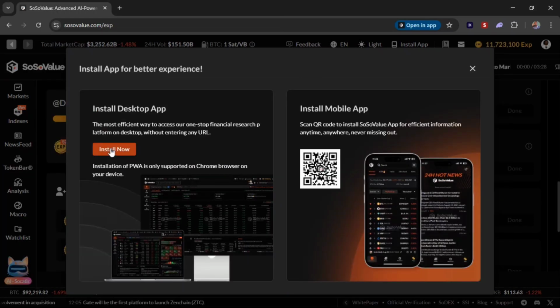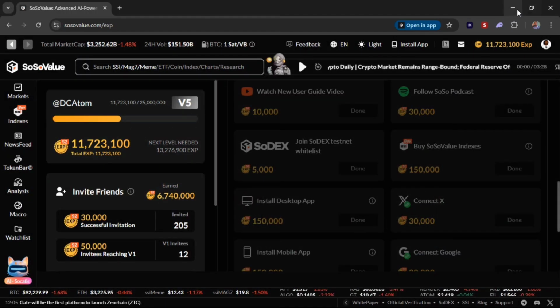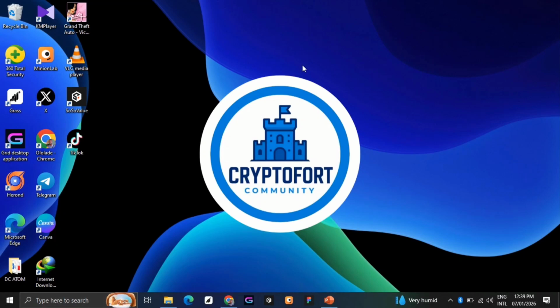So all you need to do is tap on the install, and like it says here, desktop app already installed, because I already have the app installed on my PC. Once you tap on the install and the app has installed successfully, you should find the app icon on your desktop, depending on what you set it to be. I have it on my desktop, and I also have it on my taskbar. So all you need to do is launch the app,